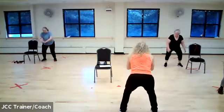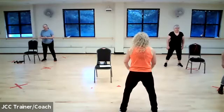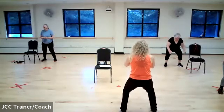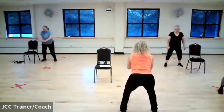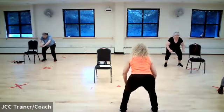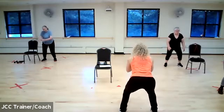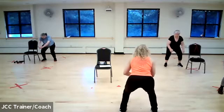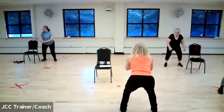5, butt back, right? Make sure your hips are not coming forward. 4. So remember, we're not doing this, right? We want to protect those knees. We want to strengthen. 3. Now, if your knees are starting to hurt, make the range of motion short. 2, right? The further you come down, the more pressure you might put to your knees that already hurt. We don't want to do that. 1,